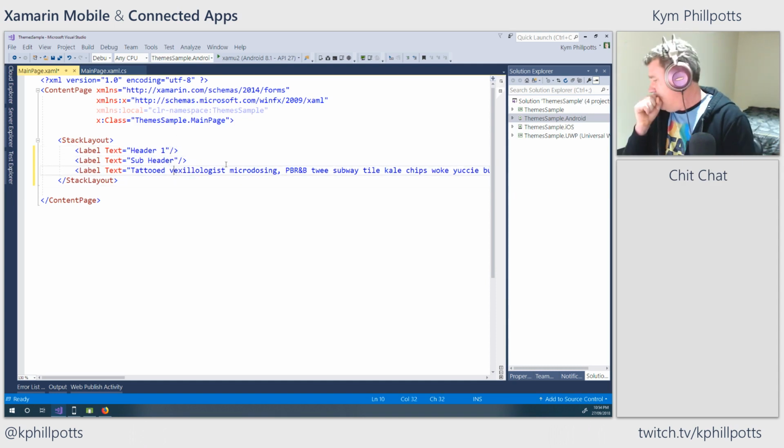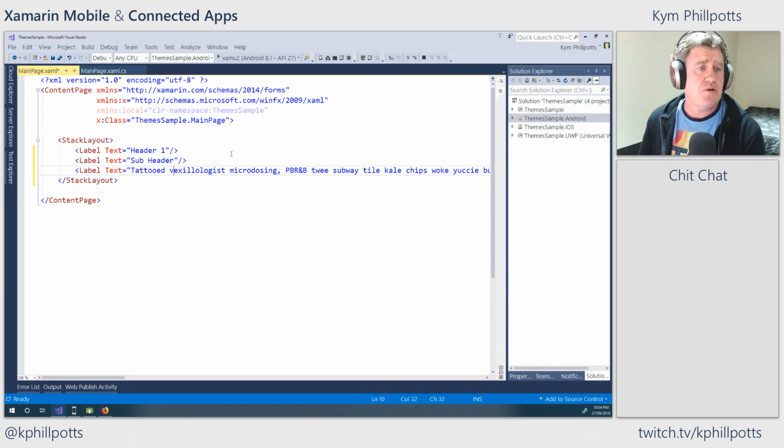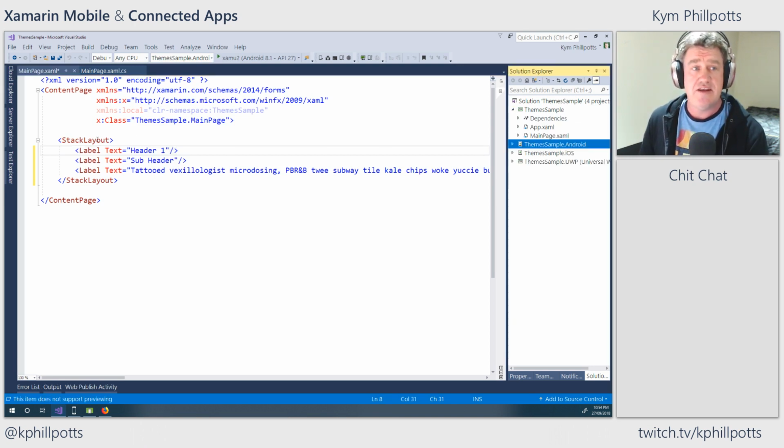So what we're going to do is, you might want to style this, right? It's pretty tempting to just go and put in a font size and things like that. But pretty much if you're going to be styling your applications, you want to use styles that are built into Xamarin.Forms. So one way you can do that is you can create some styles either at the page level, so